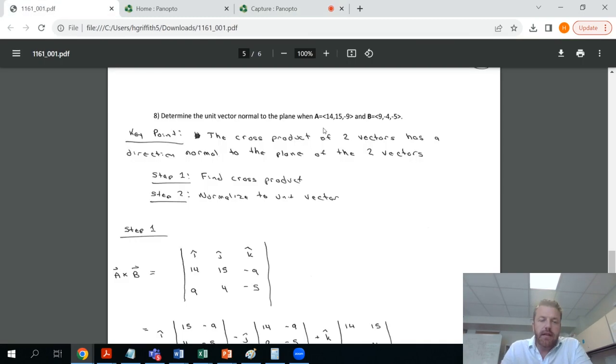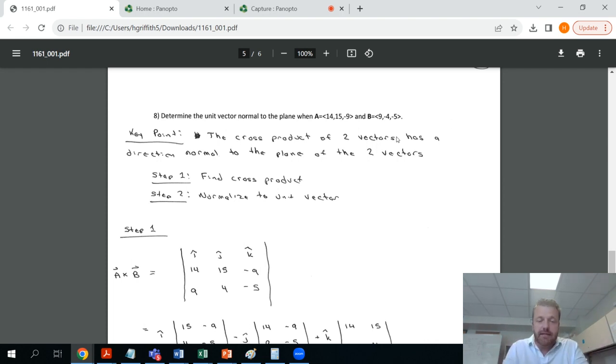So in this video, we'll look at question 8 from the practice exam. We're given two vectors, and we're asked to find the unit vector normal to the plane that these two vectors actually exist in. So if you have arbitrary vectors in 3 dimensions, whichever way they're going, they actually form a plane. And if you want to find an expression for the unit vector that's perpendicular to that plane,